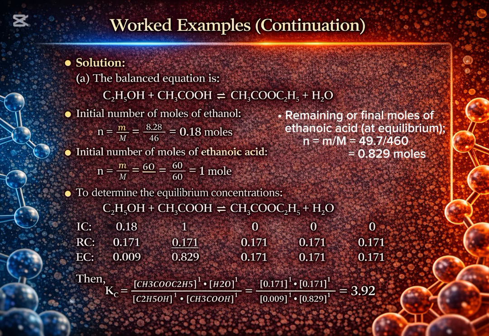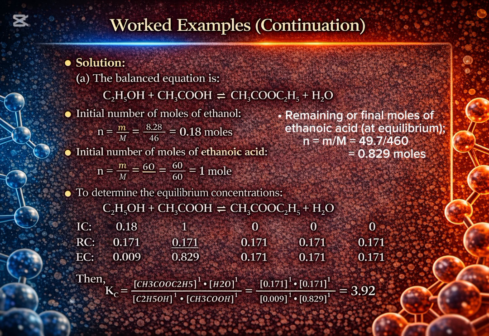And the moment we get the reacting concentration of one of the reacting species, it's the same thing for all. The moment you know one of the reacting concentrations, it will be equal to the reacting concentration of the rest, since they are all X, X, X, X. So because 1 minus 0.829 is equal to 0.171, then all other species, the ethanol, the ethyl ethanoate, and the water, automatically become